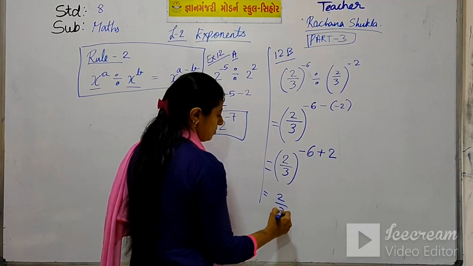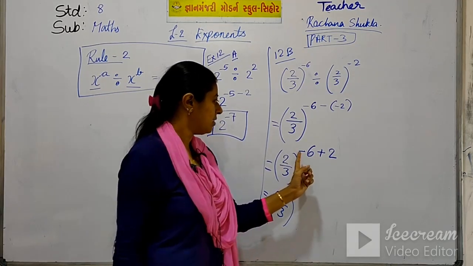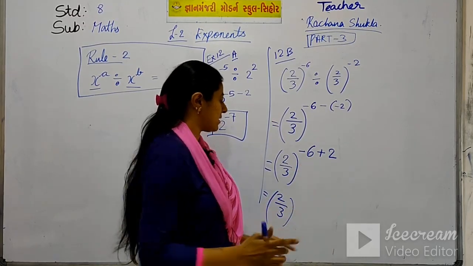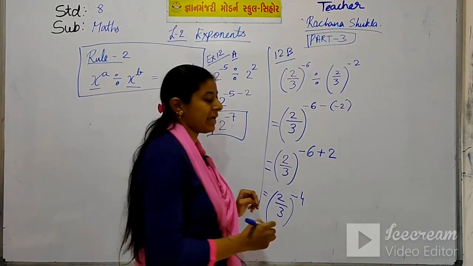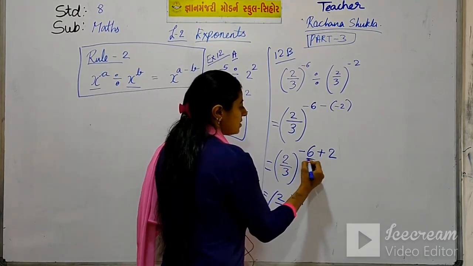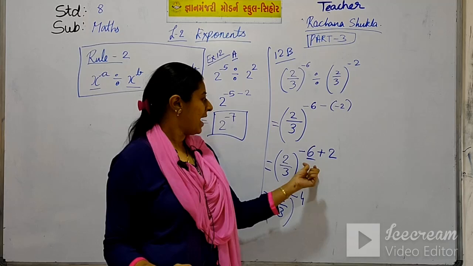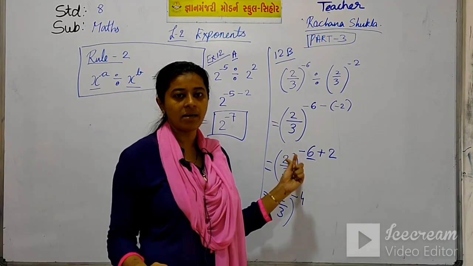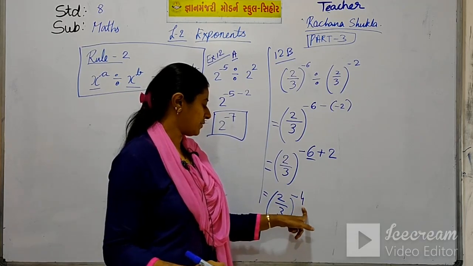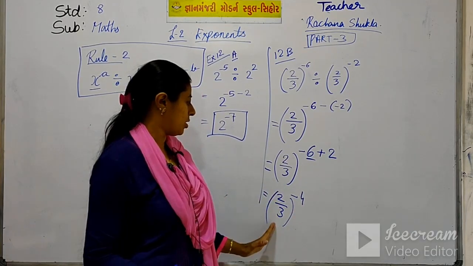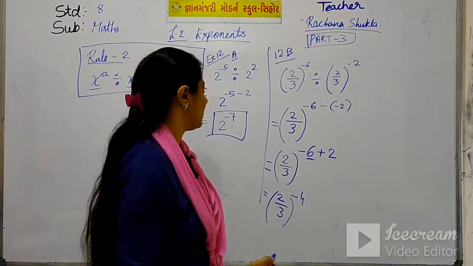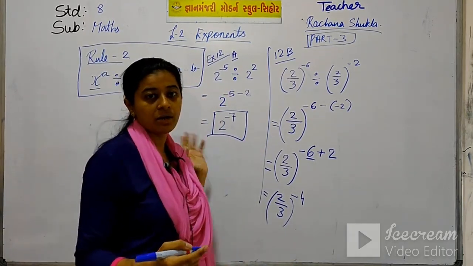See the next step. Now the final answer, minus plus minus. So both will be subtracted and it will be minus 4. Why minus 4? Because 6 is a bigger integer and it carries a negative sign, so your answer will be negative. That will be minus 4. Your answer will be 2 upon 3 raised to minus 4. Now going to the next sum. Please copy in your example book.